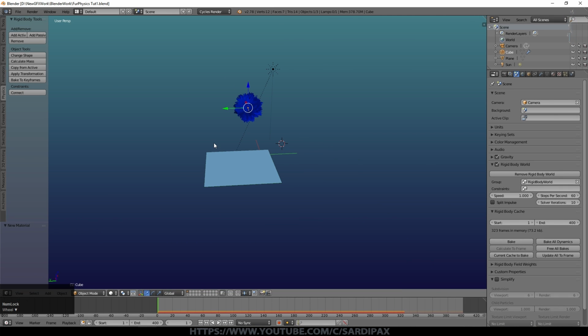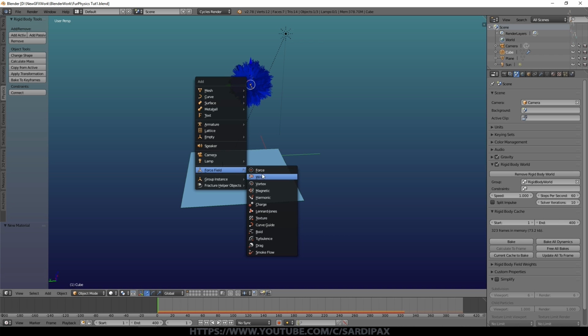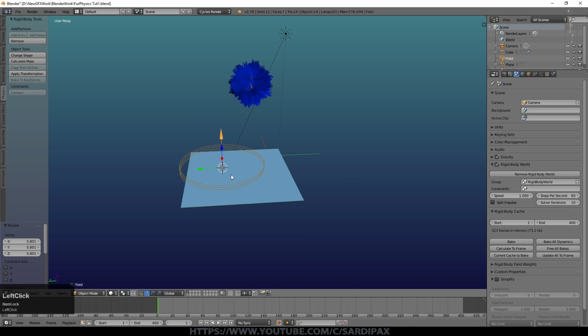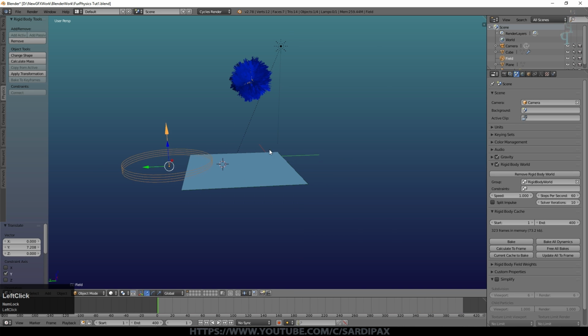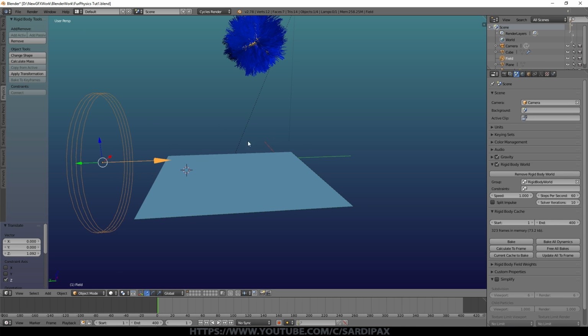So that's how to create the basic hair system, and we now want to affect it with some other things. So now we're going to add a force field. So Shift A, force field, and wind. And there it is. I'm going to make it bigger. It doesn't affect the force itself, just so we can see it. It's important this is in the same layer as the particles you want to affect. I'm going to rotate on the X 90, and the distance between these rings gives you an indication of how strong the wind is. So it's not very strong at the moment. And by default, there's no limit on its influence. So the wind is just as strong over here as it is over here.